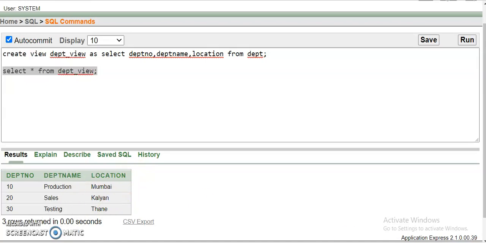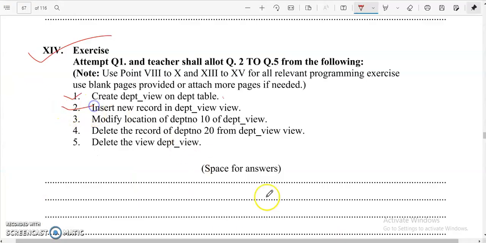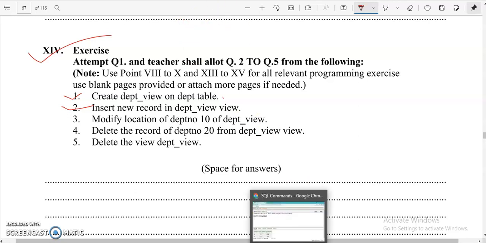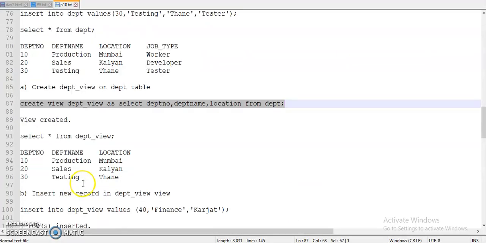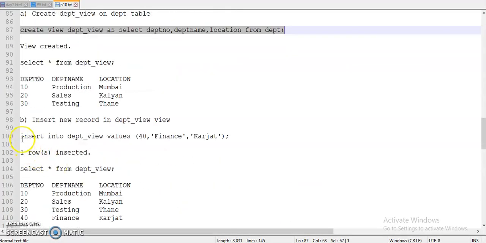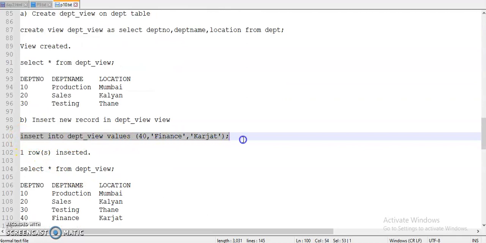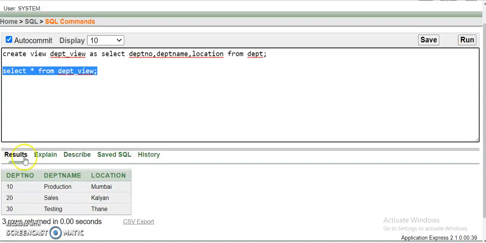Then now go for second, insert new record in depth view. So we have to insert new record in the depth view. How to insert? Just insert into depth view values, right? Here how many columns in the depth view? Depth number, depth name and location, only 3 values.